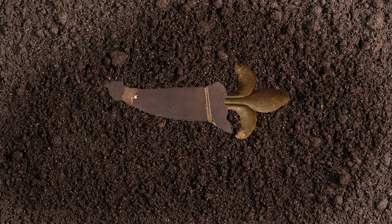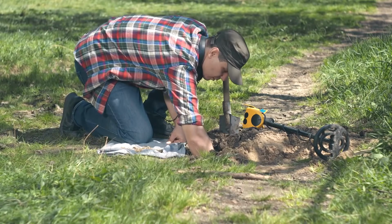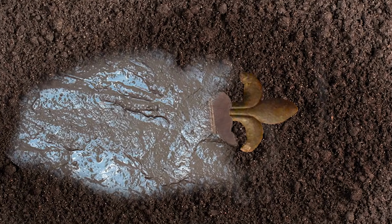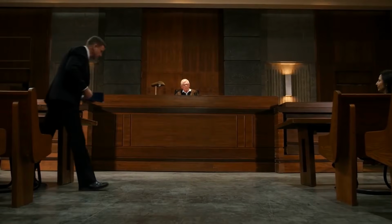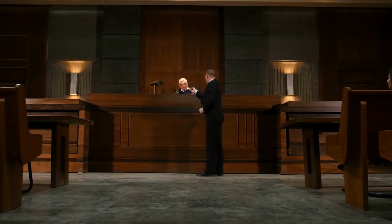One of those defeated rebels probably dropped his knife, and there it stayed hidden under the dirt for over 300 years before Craig found it. The knife was beautifully decorated and was quite a rare find. It was stuck inside the scabbard, covered in mud, and Craig said that he first thought it was the top of a railing. Scottish law says that any historical find by a metal detectorist must be presented to the authorities,